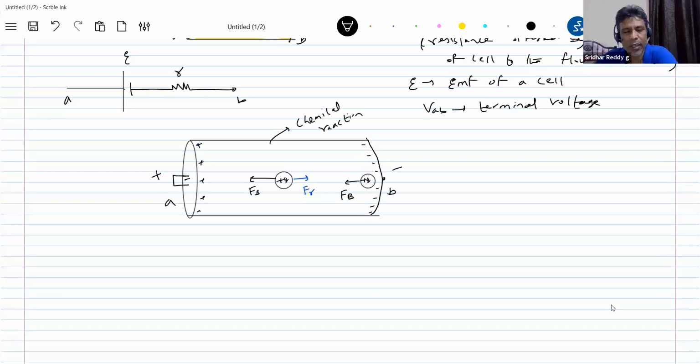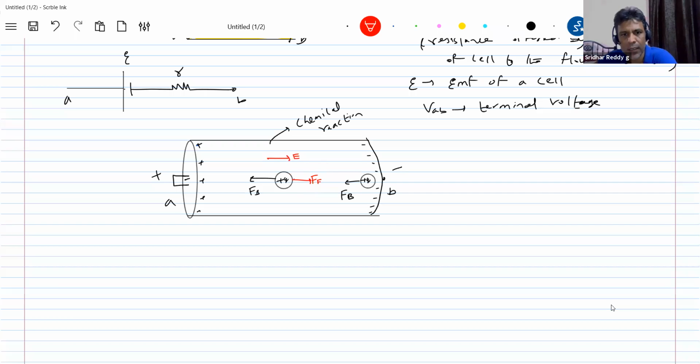Meanwhile, at one particular instant, because of this potential, an electrostatic field is set up. In what direction will this electrostatic field exert a force? It will exert a force in this direction, called Fe. For the time being, I'll take this resistive force out, and I'll introduce it later on.